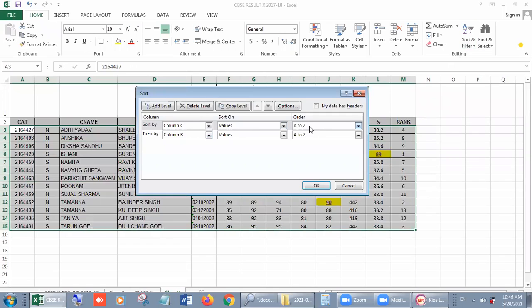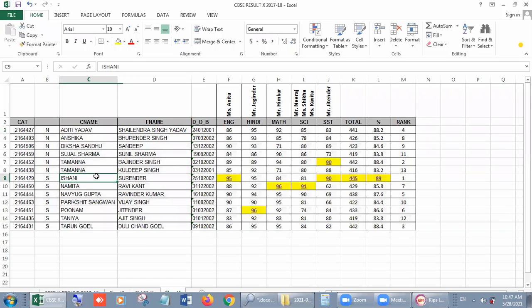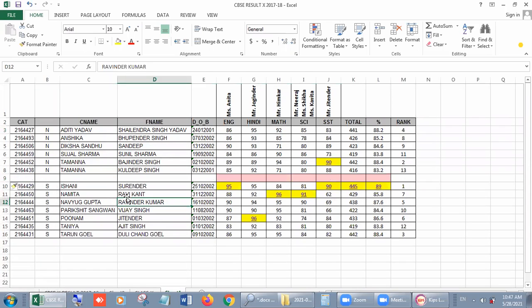Again, see it. Suppose I am changing it from there, this one, and B and then C. If I replace it, look students, the data automatically gets changed. You can see the difference I am showing you. Look students, first of all, the N names will automatically be sorted, right?